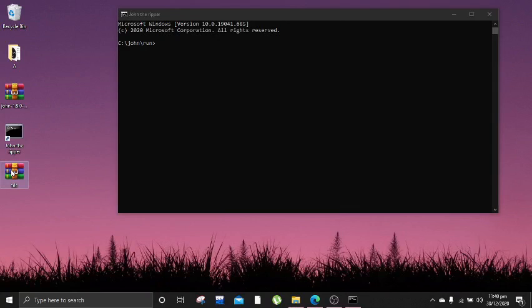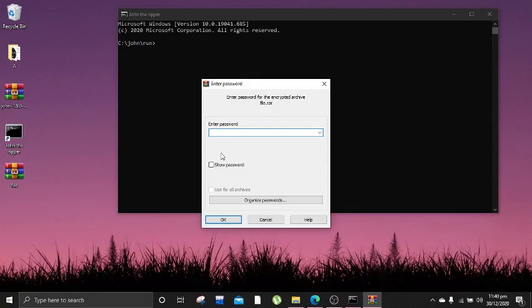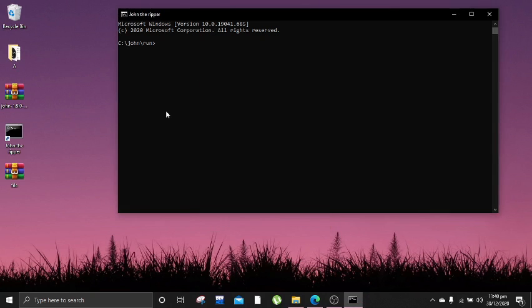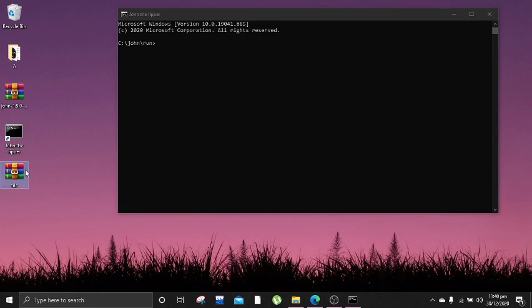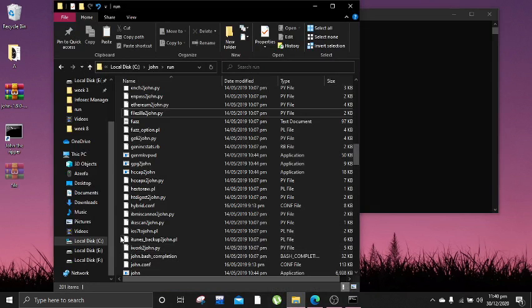Let's have a look at another example. We have this file which is protected with a password. So in order to access it, we need this password. So we're going to use JohntheRipper in order to get access to this file. So first of all, I'm going to move this file into the run folder,